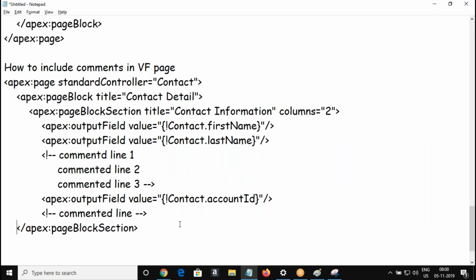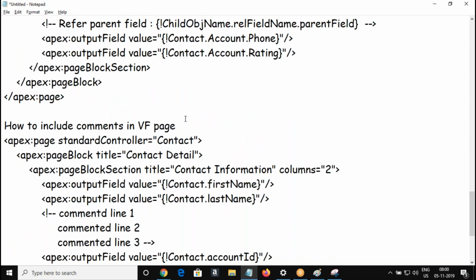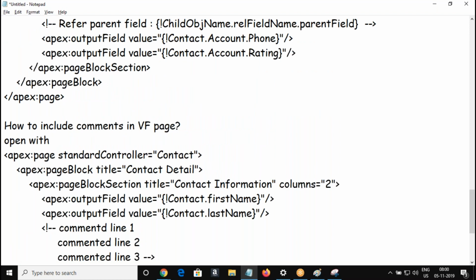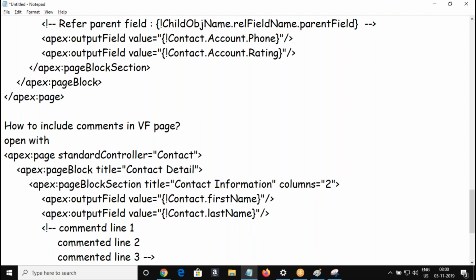Page block section, page block, page. Open with the comment characters and end with a hyphen. Right. This is the character you will follow. It will comment.